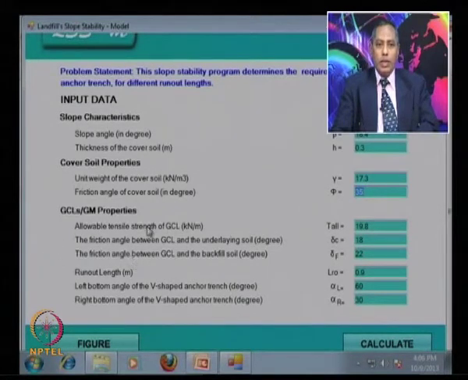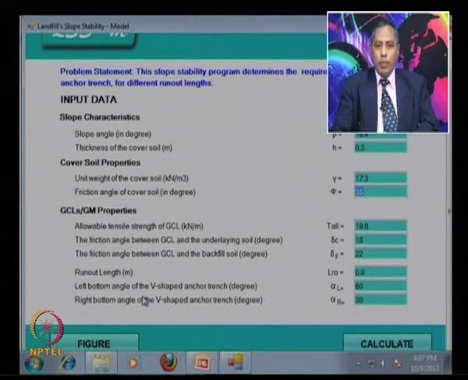This is the geosynthetic and geomembrane property, T allowable is equal to 19.8 kilonewton per meter, and the friction angle between GCL and the underlying soil, delta C, is equal to 18, and the friction angle between GCL and the backfill soil, delta, is equal to 22 degree, and runout length LR0 is equal to 0.9,